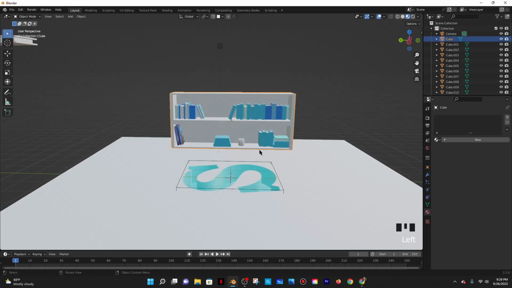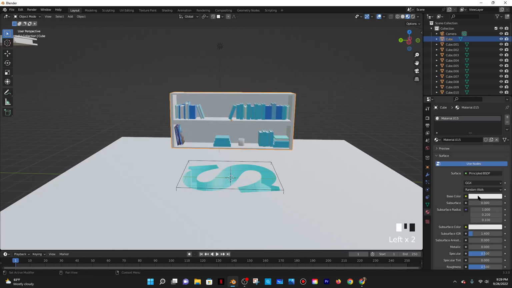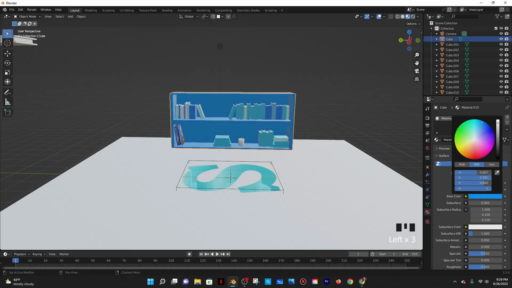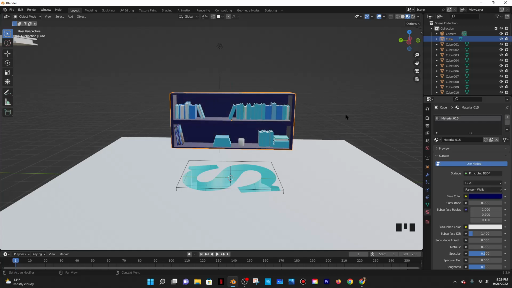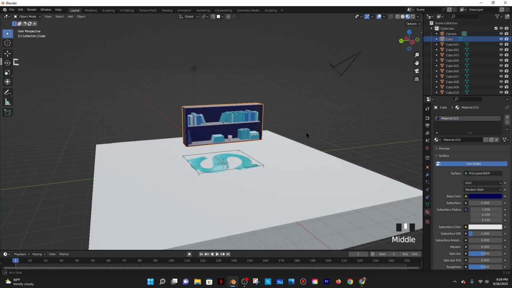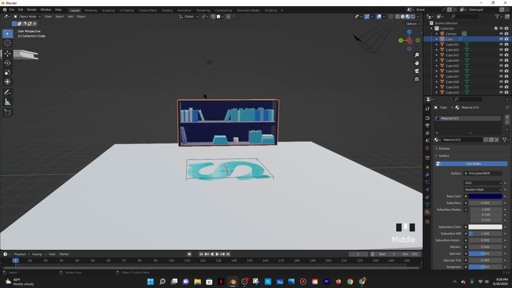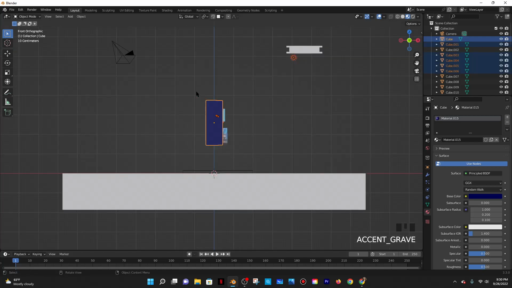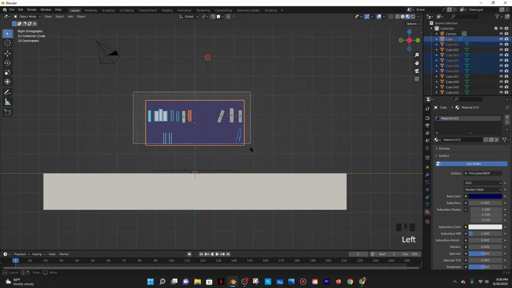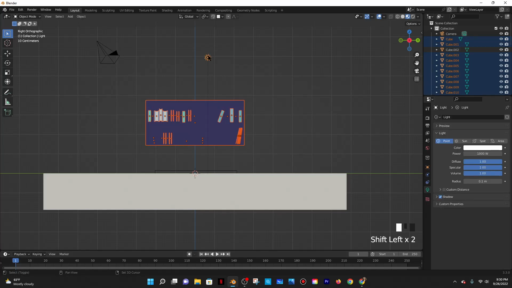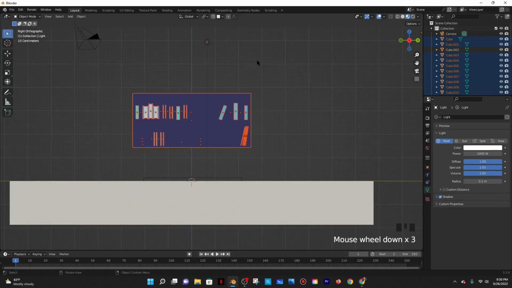Alright, so I think this is kind of the library. Let me just click on this one and give it a color. Not sure what color I want to give it. Maybe something like a white. I could do something like that. Alright, and then I'll go to front view. Nope, wrong view, right view. Select pretty much everything, deselect the light, and then just,